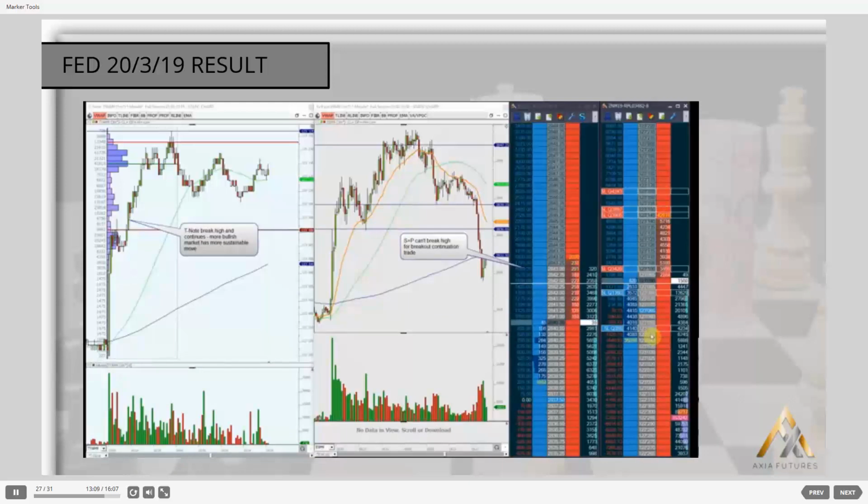And this is where that continuation element really starts to play. The S&P then sits for a further 20 minutes between 43 and 36s, whilst the T-note continues for the next 20 minutes, pushing on and on and on, all the way up towards 15, eventually up towards 17. So yes, not perhaps as dramatic a move as the S&P, but in terms of the amount of size you can get, in terms of the